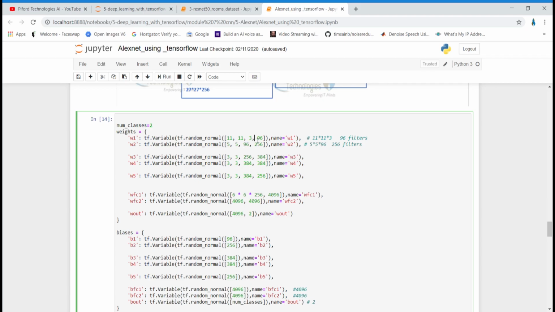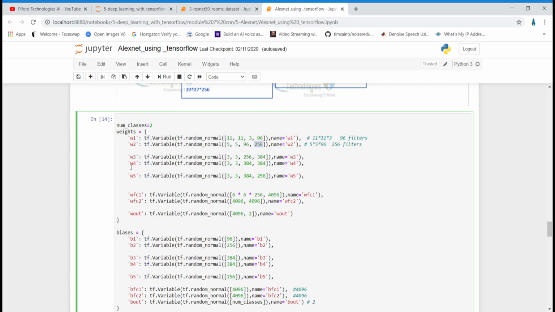Because in the previous convolutional layer we were using 96 filters, so the output channels will also be 96. The number of output channels always depends upon the number of filters of that particular layer, and in the previous layer we had 96 filters. And the filter size is 5 by 5, and we want 256 such filters.